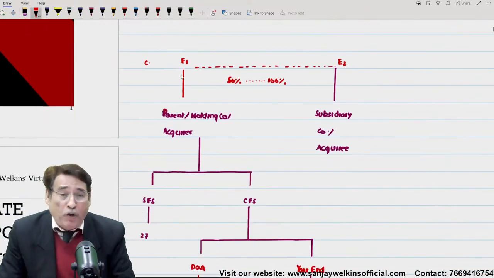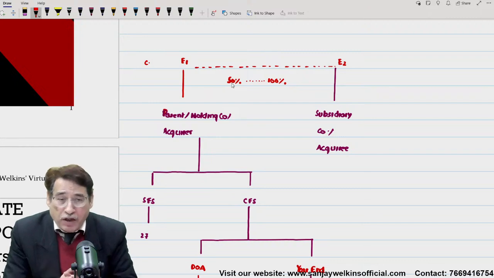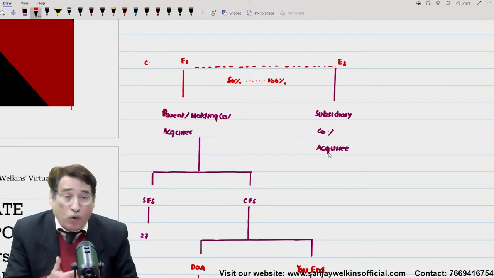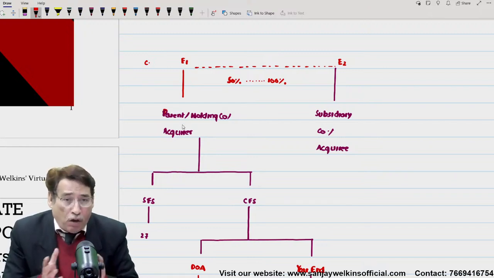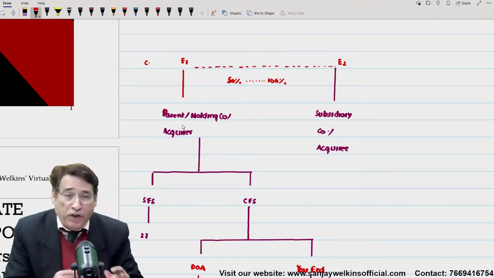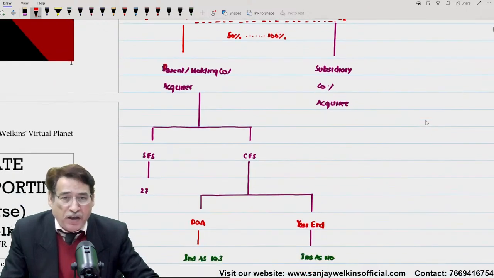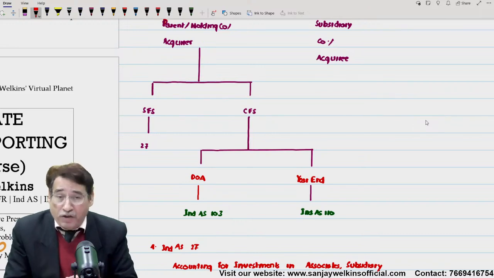And the third point which we took was a pretty important one, wherein I spoke about the fact that my investment is either 50% or more in the other entity. Then the other entity will become our subsidiary entity, also known as the acquiree entity, and you will be known as the investor entity, the parent entity, or what we call the holding company or acquirer company, because this time you have got control over the other enterprise on account of majority stakes. Under such a situation, as we saw in the last session, we are supposed to prepare two types of financial statements.